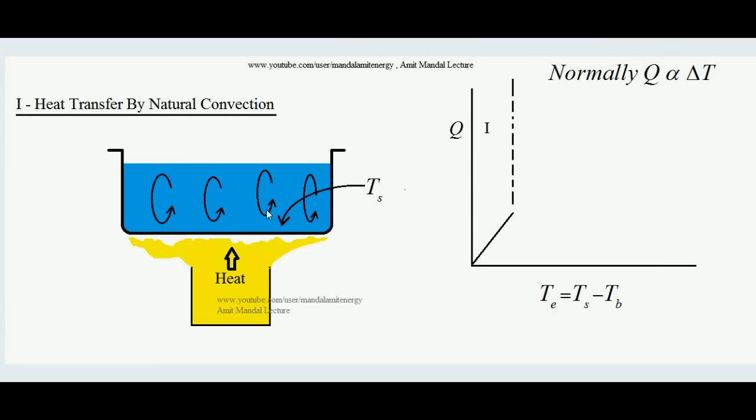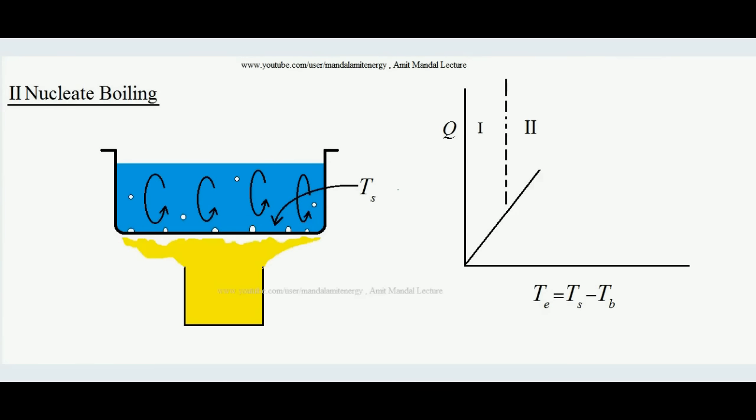Here actually boiling is not happening, because in actual boiling the phase change occurs. Here just heat is transferring to the liquid and ultimately dissipating to the atmosphere. So this is the reason it is called heat transfer by natural convection, the first regime or first phase of boiling. Now increasing the T excess further, what will happen?